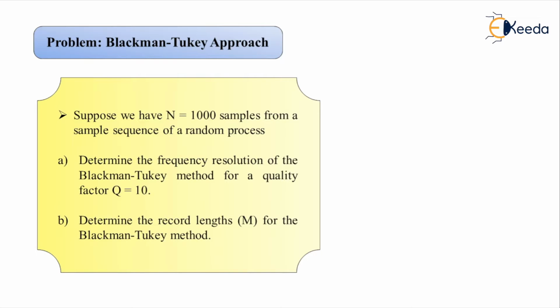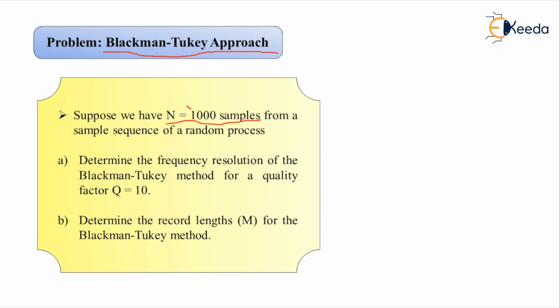Previously we have covered the Bartlett method and the Welch method. The topic number we have taken there is 14, the problem on the Welch method. It was a similar problem, and in that problem also we were provided the number of data samples capital N equal to 1000. So it is the same given value that we have dealt with previously, but that time it was with the Bartlett method and the Welch method. Now this time we have to solve it for the Blackman-Tukey approach.